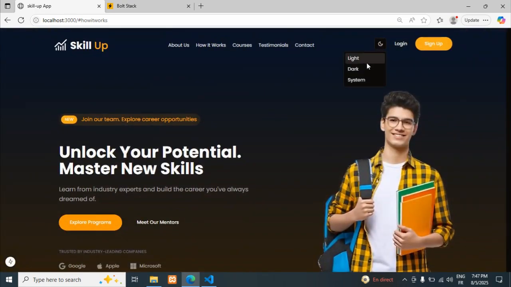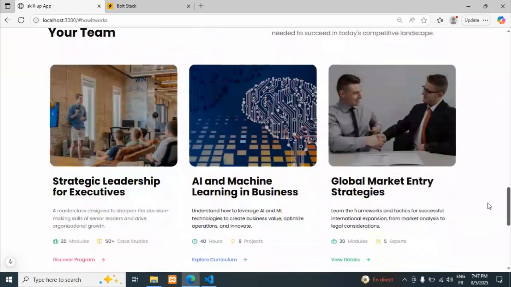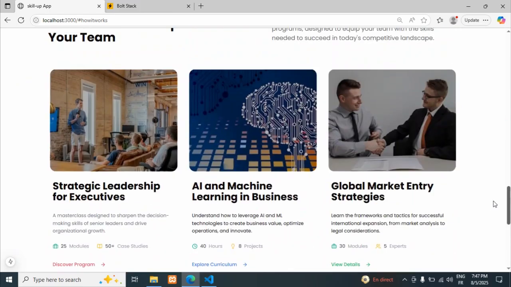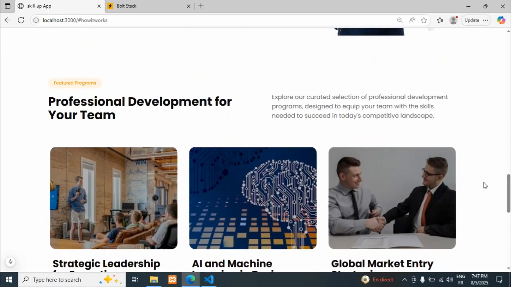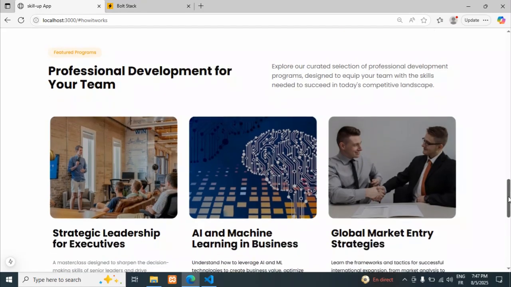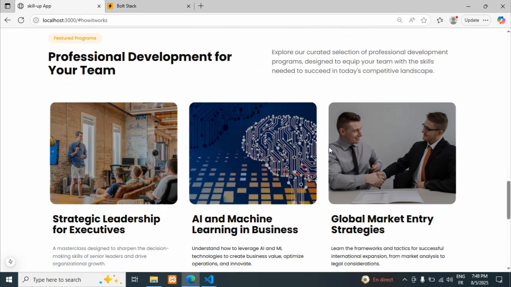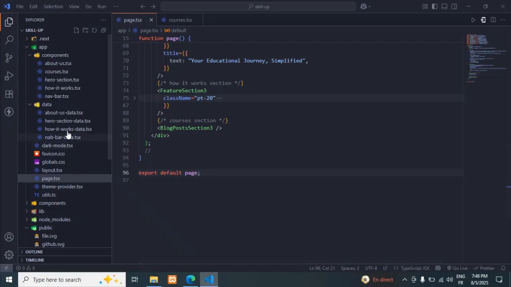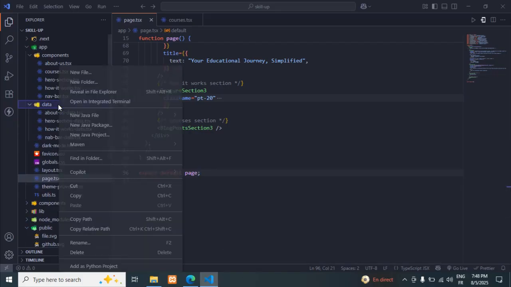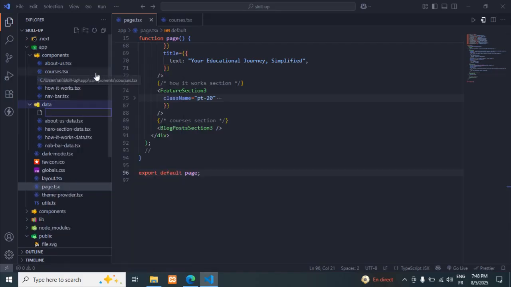So if we turn the light back on, as you can see, this is the actual section. All you have to do is add new data and you are ready to go, like we did for the other components. And this is what we are going to do. So let's go back to our project, and inside the data folder, I'm going to create a new file called courses